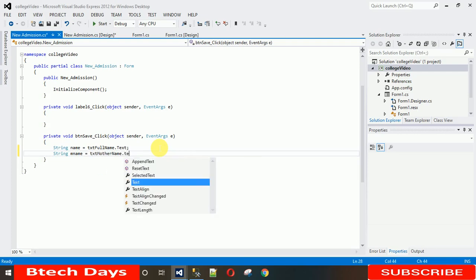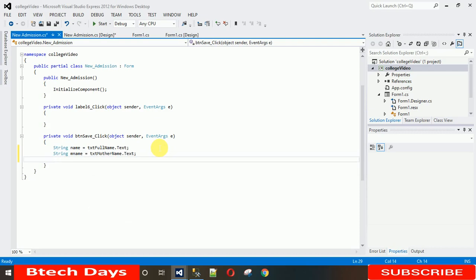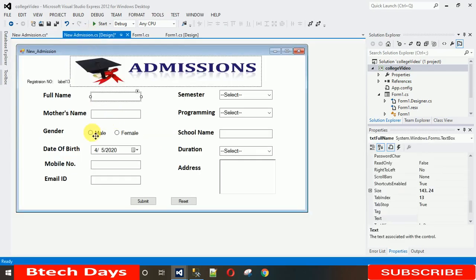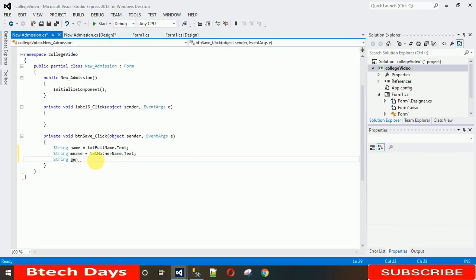dot text. After that I will take the gender, but for gender we cannot write it like this. We have two radio buttons, and when I click on male I want the male value, and when I click on female I want the female value. How to do that? For that, let me take a variable gender and set it to null. After that we take a boolean value, isChecked. The condition will be,